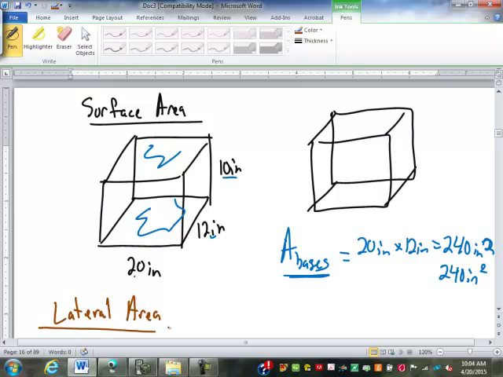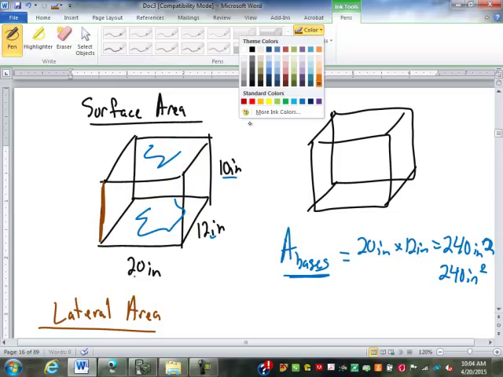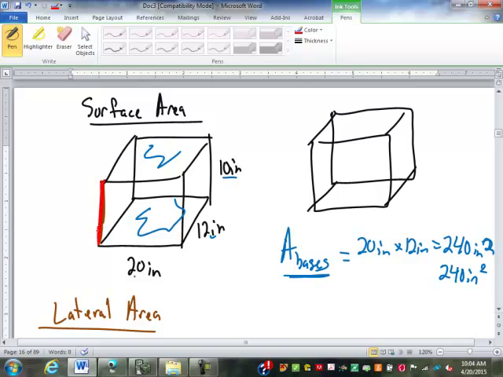What the lateral area is, is the area that connects the bases. So that would be this front side here, this end, the back side, and this end over here. That's the lateral area. And the thing about the lateral area is, if we take a scissors and we cut up the corner here, the lateral area can almost always be unfolded